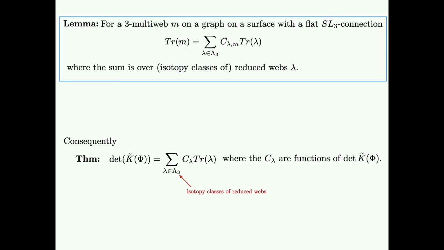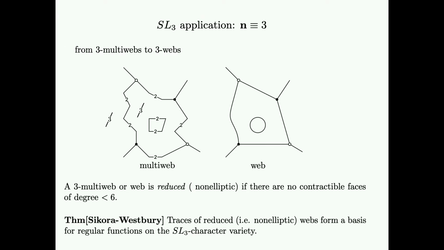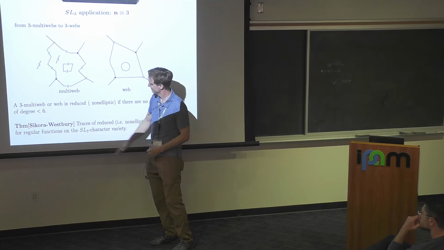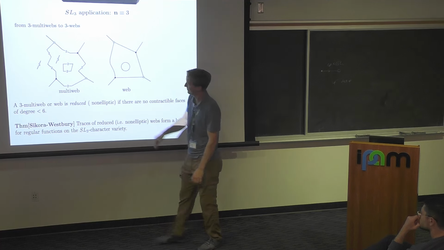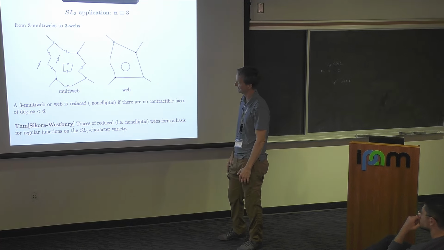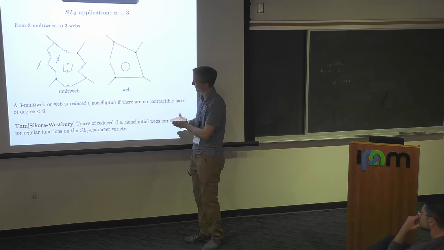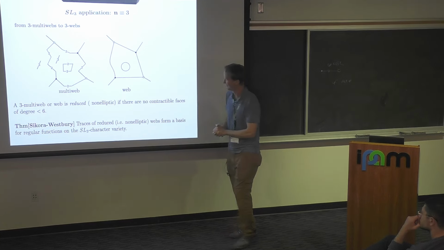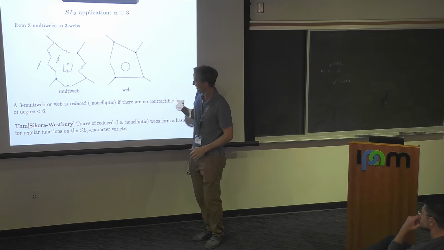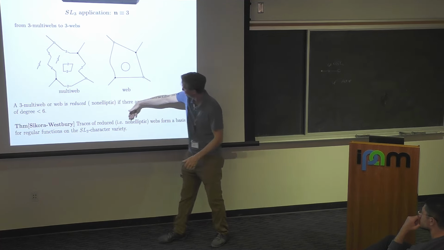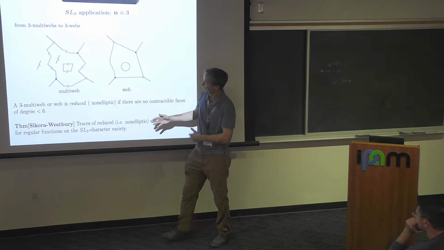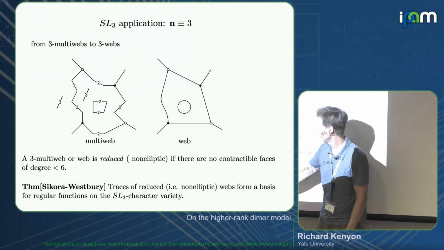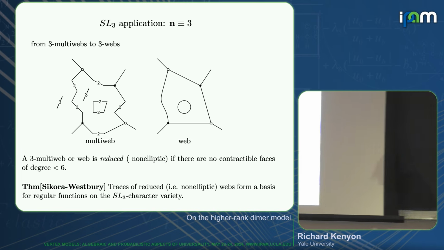And the nice thing about reduced webs is they do form a basis of the representation of the character variety. That's the theorem of Sikora and Westbury, anyway, I've forgotten what the date is there. Anyway, let's say 2010, roughly, plus or minus 5. The traces of reduced, that is non-elliptic, webs on a surface with a flat connection do form a basis for the regular functions on the character variety, which means that,